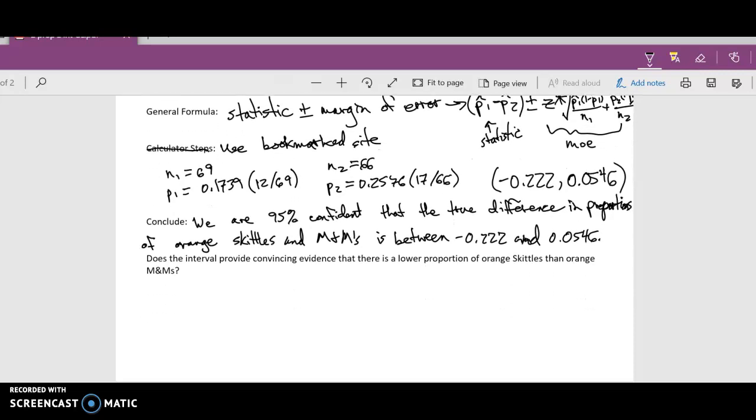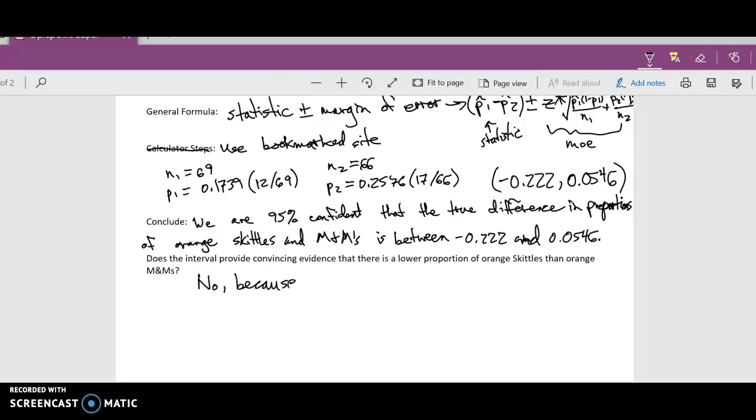So that begs the question, right? We can answer questions without running tests of significance sometimes by using confidence intervals. And so we can answer this question. Does the interval provide convincing evidence that there is a lower proportion of orange Skittles than orange M&Ms? Well, if there was a lower proportion of orange Skittles than orange M&Ms, this entire confidence interval would be negative, because we're taking the Skittles proportion and subtracting the M&M's proportion. So if Skittles is smaller, this whole thing would be negative, but zero's in here. So we're going to say no,